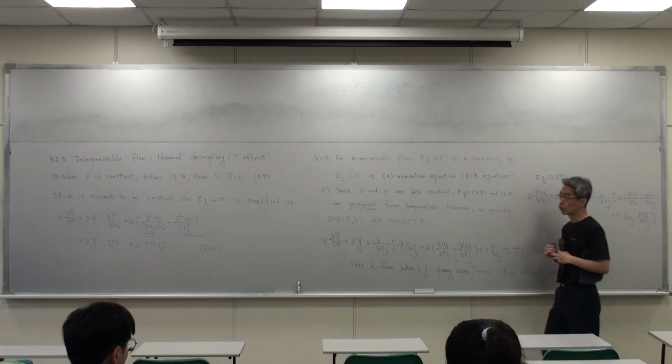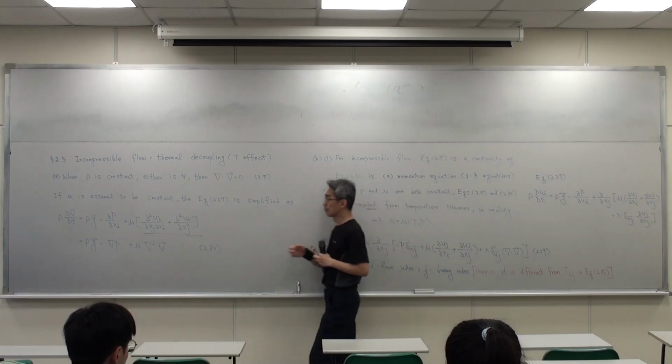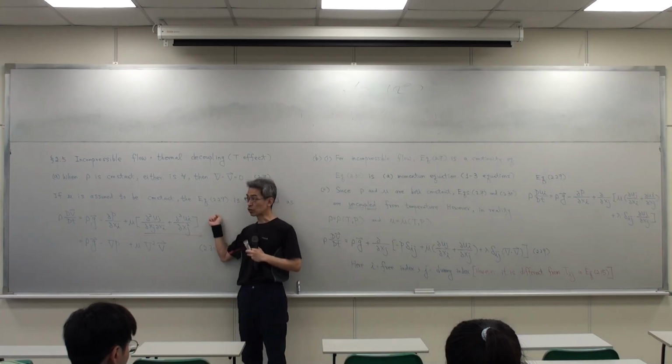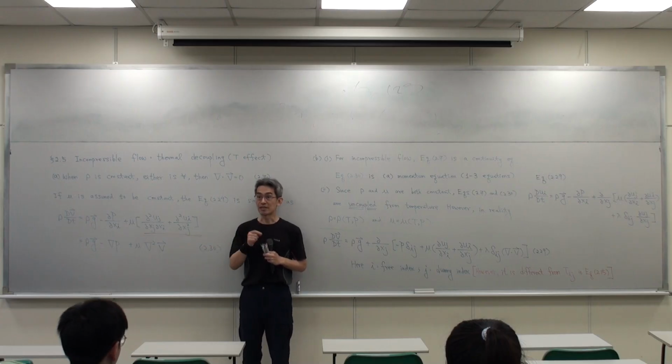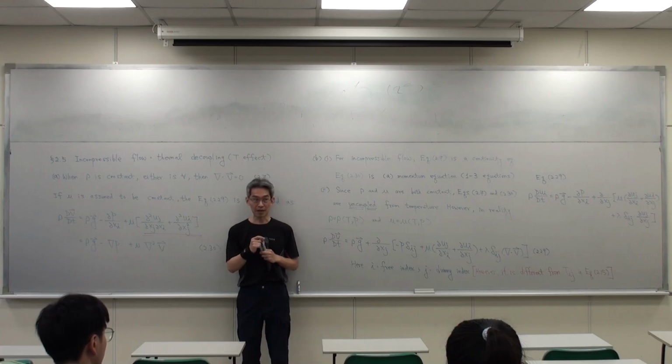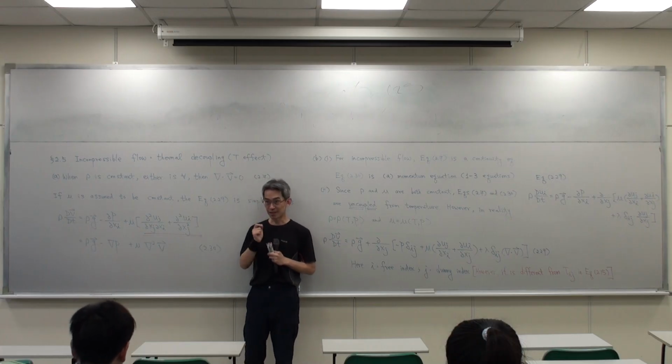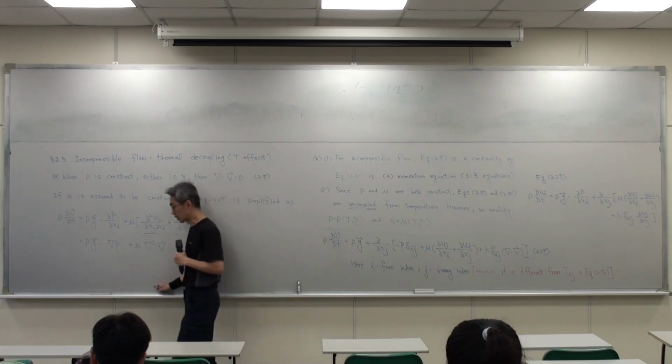But even right now, why can this simplify to the undergraduate Navier-Stokes equation? Under what kind of assumption? You must have some kind of assumption that you can simplify. So we take a break, and after the break,